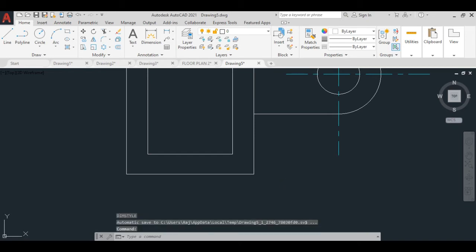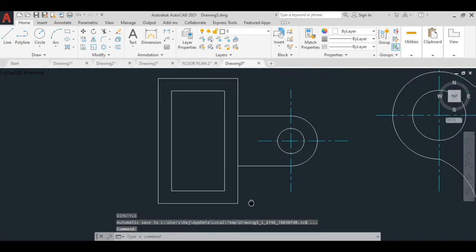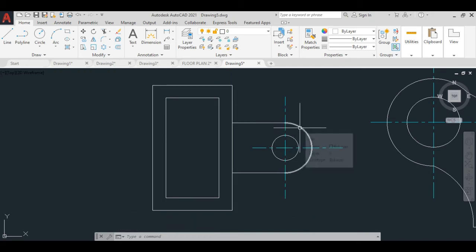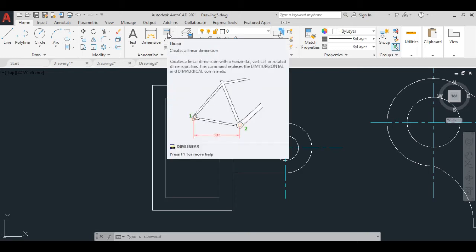Now we'll do the dimensioning. Here you can see there are more parts: this is the line segment, and this is the circle, which is situated in the radius form or the diameter form. So we'll do that. To do this, you have to come here to the linear option.